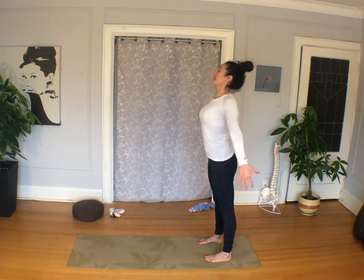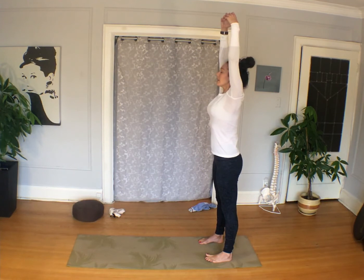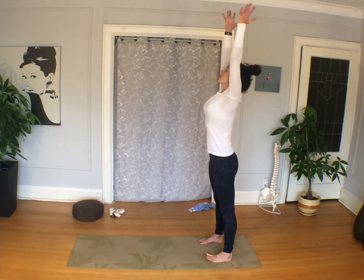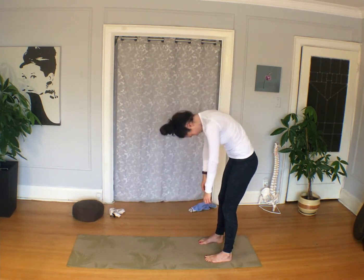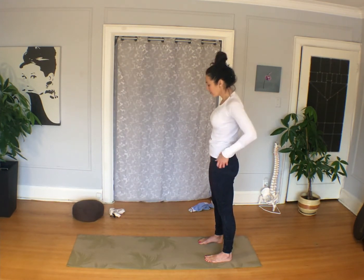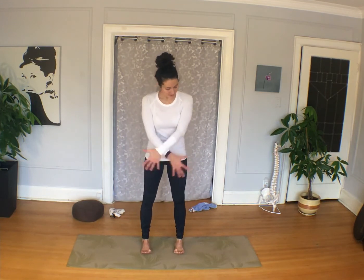And coming up, inhale. Yeah, it can be 1 big out breath or 3 little ones. Inhale up. Last one, get it out. Good, and rolling back up. Take a moment here. Excellent. Now let's just come to the center of your mat so that you're facing the